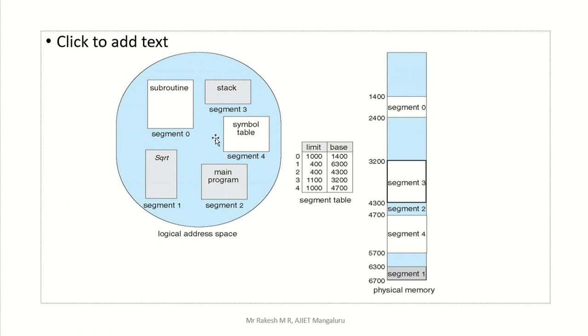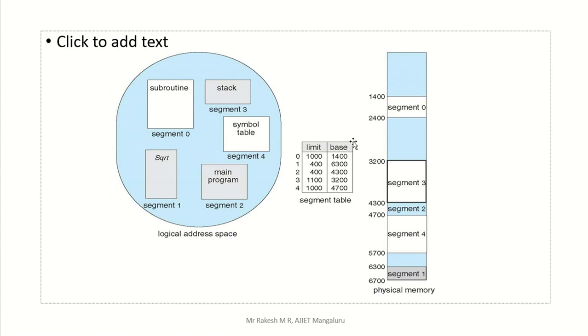First one, segment 0, the subroutine. I am going to save this segment in main memory. See, here I stored it in this part because this is free now, so I am going to save it here. Now once you have saved it, how do you get that address, where it is stored, how do you get the frame number?